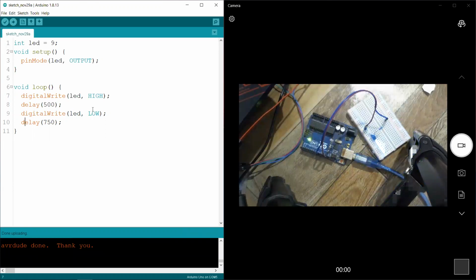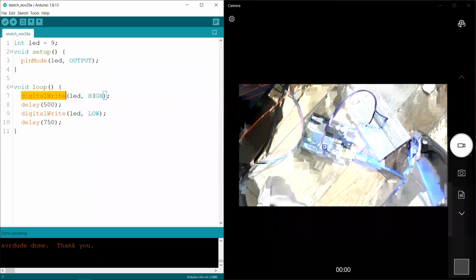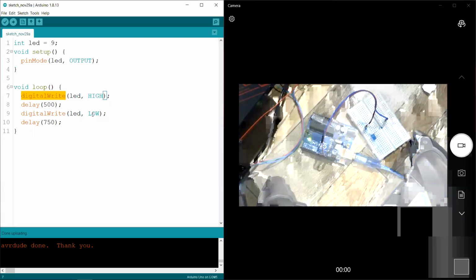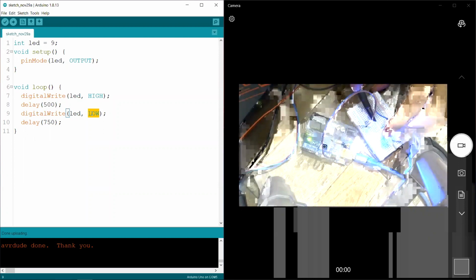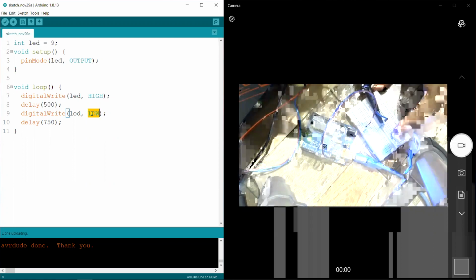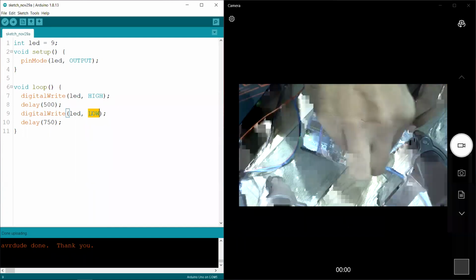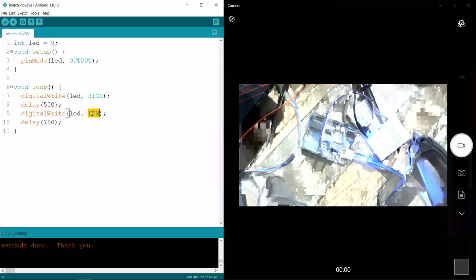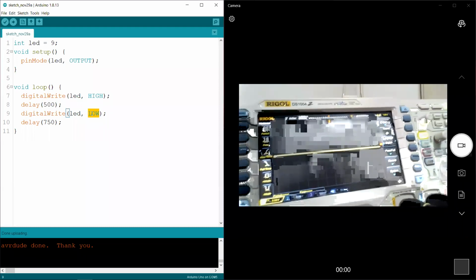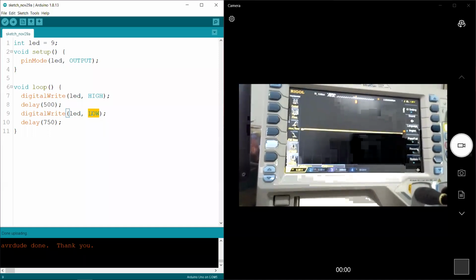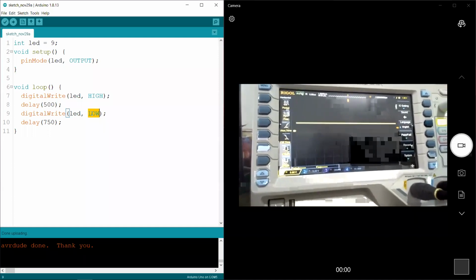So remember, when the LED blinks, when we say digital write high, it is going to give us 5 volts. When we say low, it is going to give us 0 volts. So actually with that device I showed you earlier, we can actually see if that is the case. So to check that, we have to connect that to the circuit. Here I am going to connect it, one here and the other pin here, right? So let's see if that is true. Can you see that it is going up and down? It is going exactly 5 volts up and down.